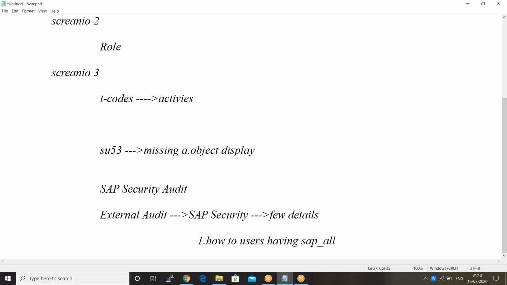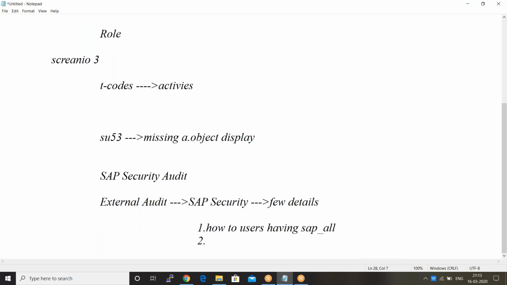Then how can we report it? Again, they are asking how, in the production system, easily. So the question is how many users have SAP_ALL? I want to prepare a list. Here again they are asking about the standard default clients, default users, and default passwords. Are you changing the passwords or not?